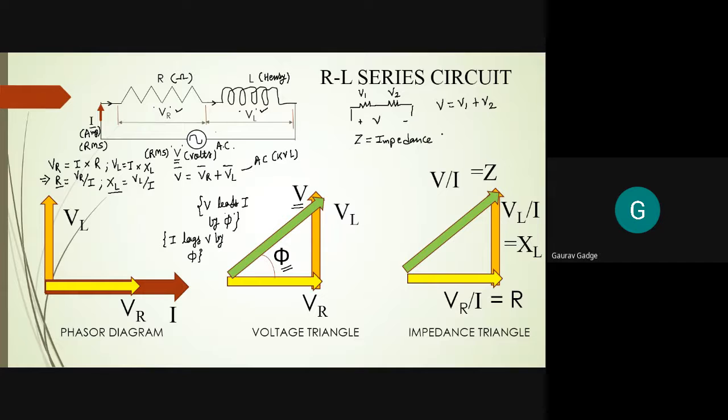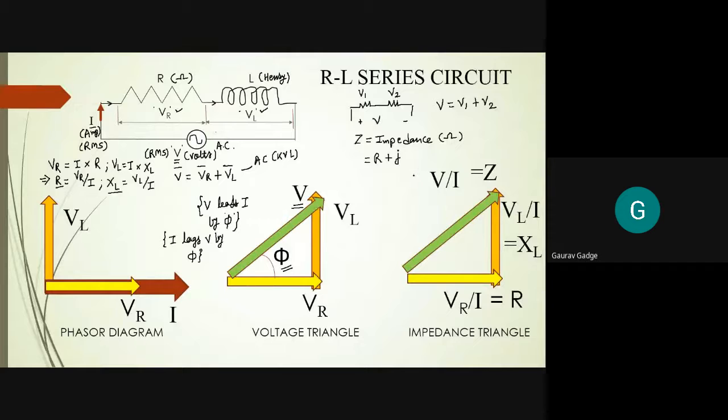What is the unit for impedance? Ohm. Because impedance involves what? R, which lies on the real part. XL lies on the imaginary part. And how is that imaginary part written? As it is on the positive axis, so plus sign, and it is on the imaginary axis, so J. So you can use I or J to represent the imaginary part.